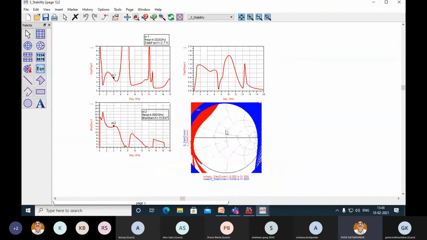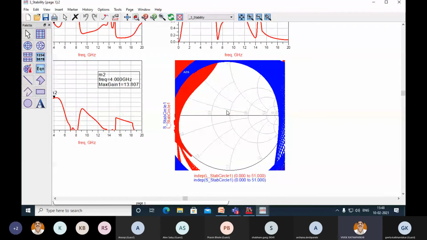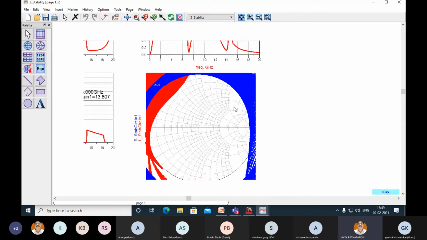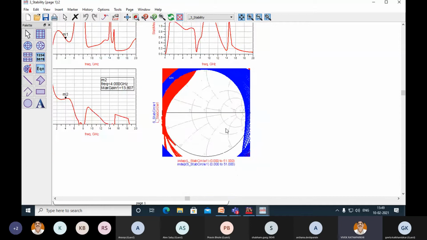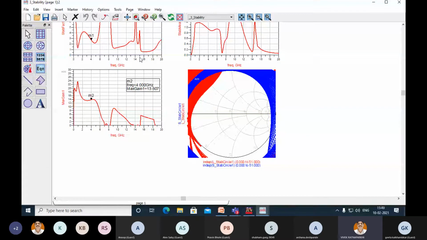And the third check is what I told you: if the transistor is unconditionally stable, then all the stability circles, if you plot, either they will encircle your Smith chart, or they will be inside the Smith chart. So as you can see, because you have simulated this structure right from 0 to 20 gigahertz, a lot of stability circles for load and source have been plotted, and all these circles are encircling your Smith chart. So most of the time it is evident that the transistor is unconditionally stable for most of the frequencies. Beyond 15 gigahertz, for a span of 3-4 gigahertz, some of the circles are intersecting the Smith chart, and that is an indication the transistor is not stable.